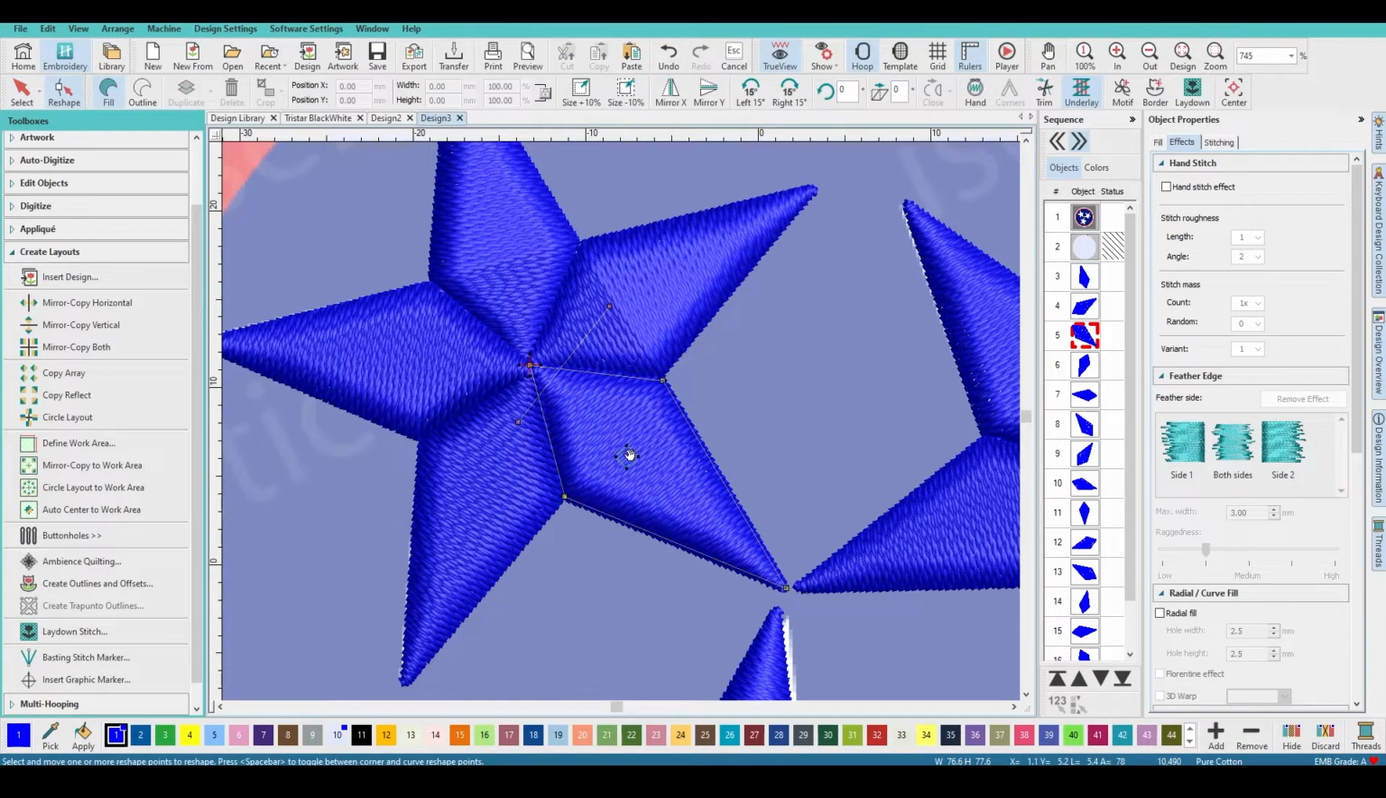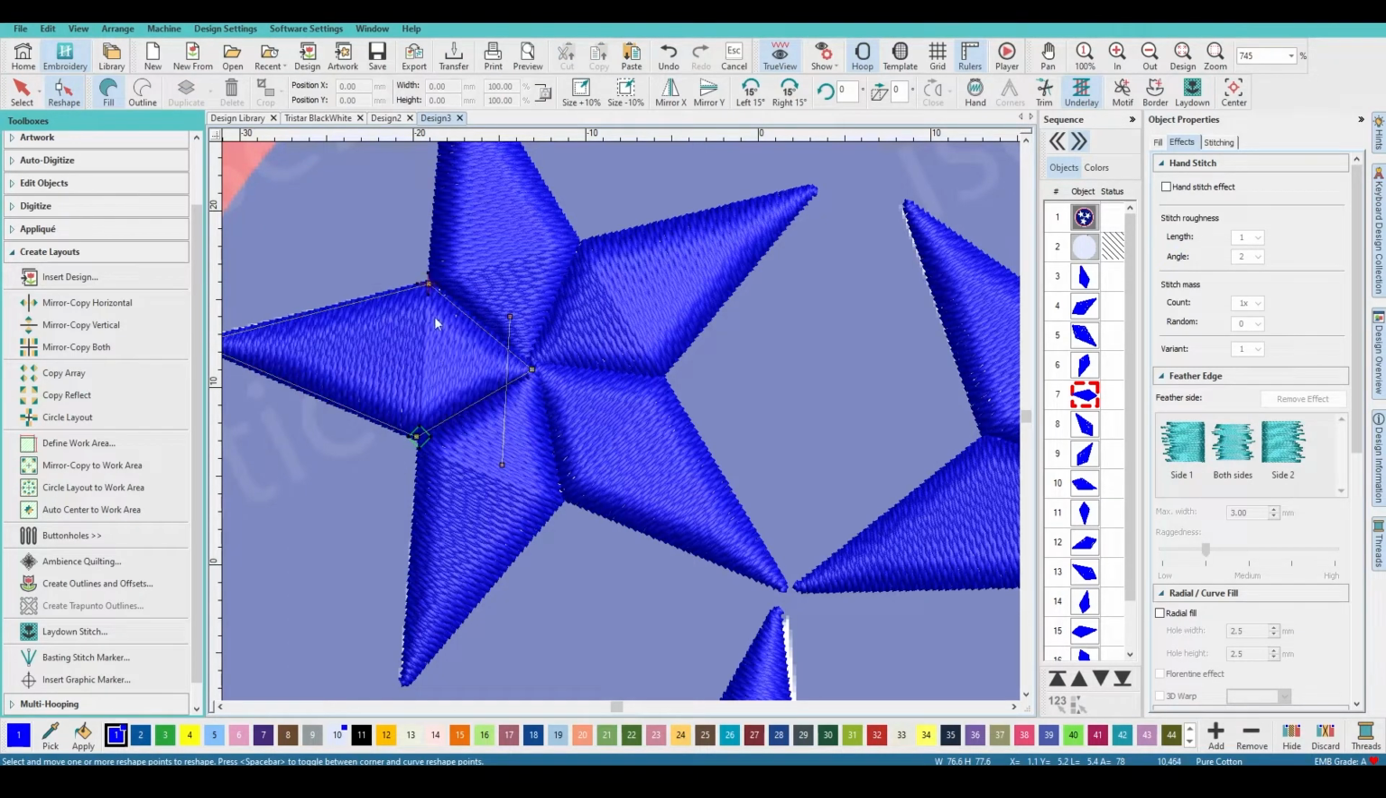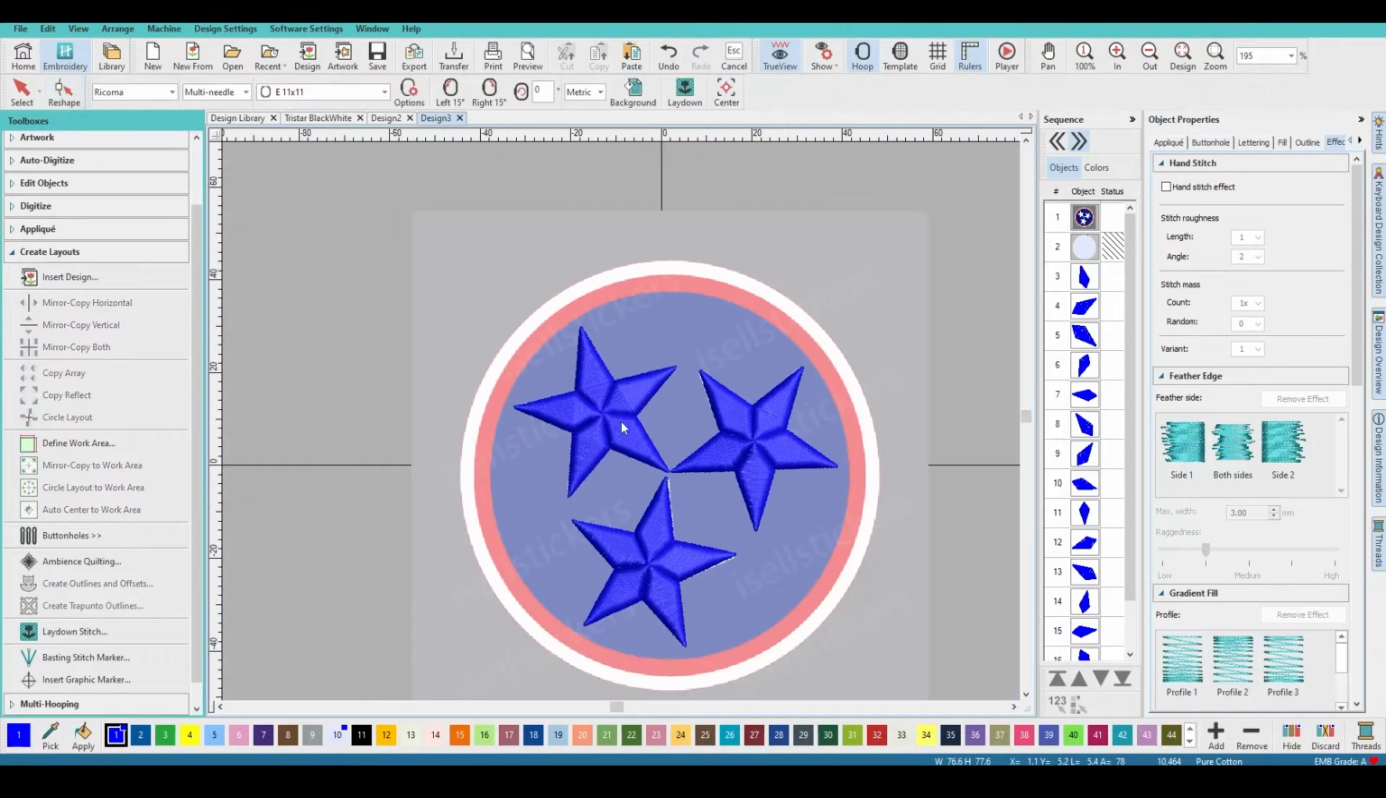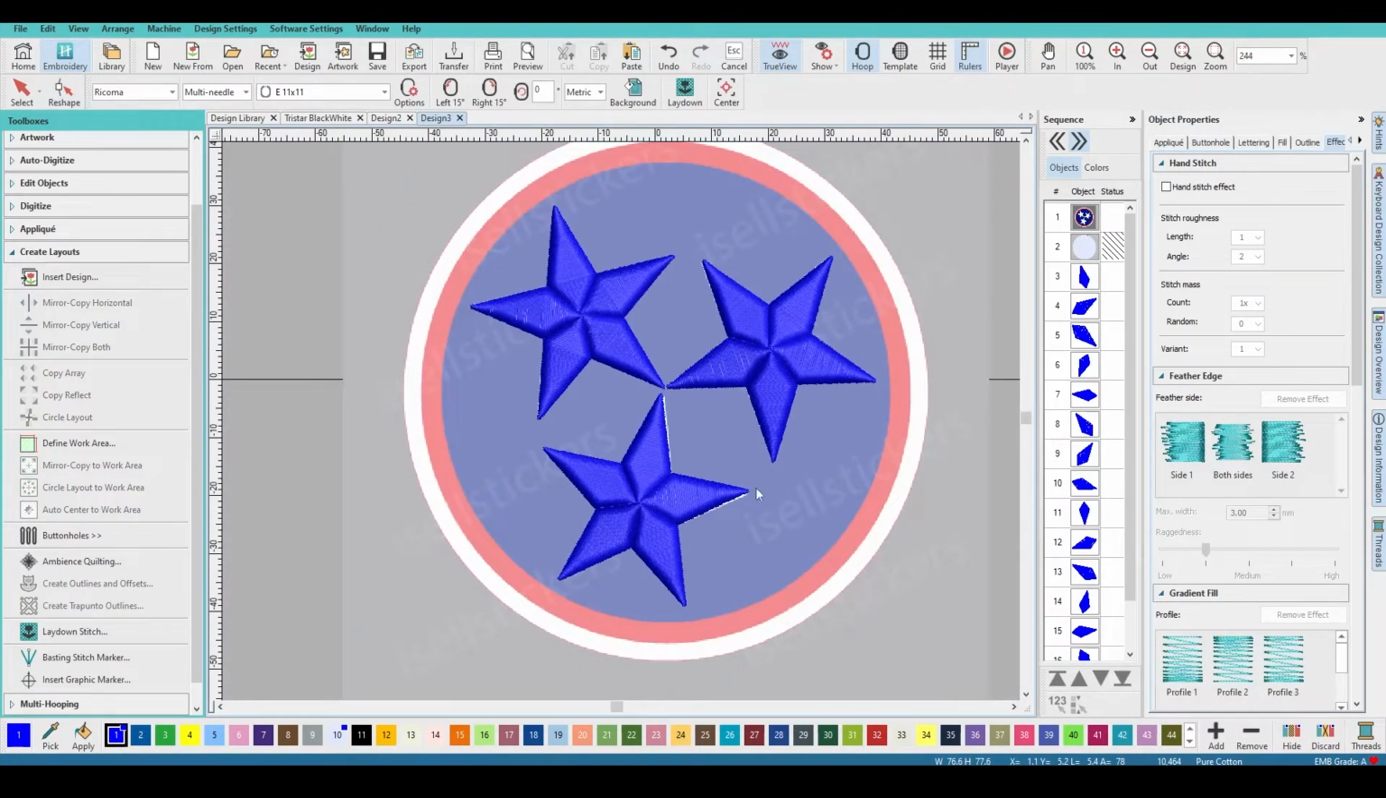So H, center, stop, H, move your start, move our stop, and then H, same thing, start, stop. Now your tie-in and tie-outs are just going to be once along these edges. All right, and then now that we have this one set up,